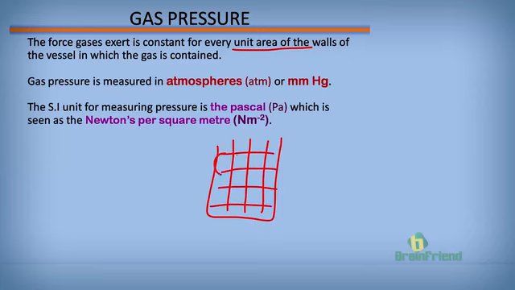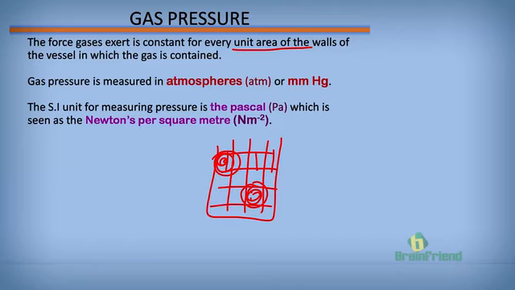And we are saying that if this is a unit, the force that the gas pressure is going to exert on this unit is going to be constant or fixed with the force that it exerts on another unit of the container, with several units forming the vessel or container in which the gas is contained. We are saying that this pressure exerted is constant for each given unit area of the walls of the vessel in which the